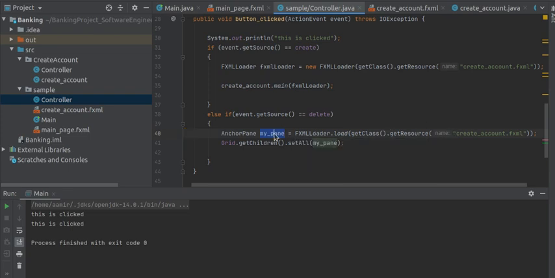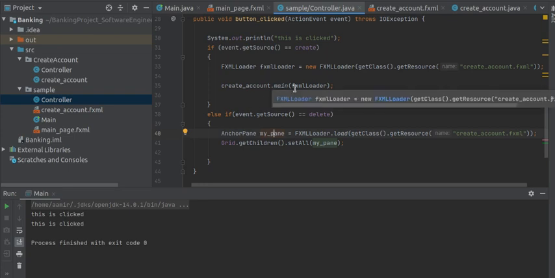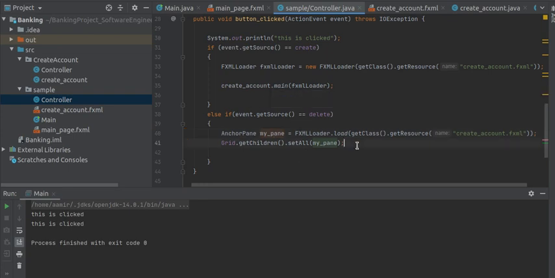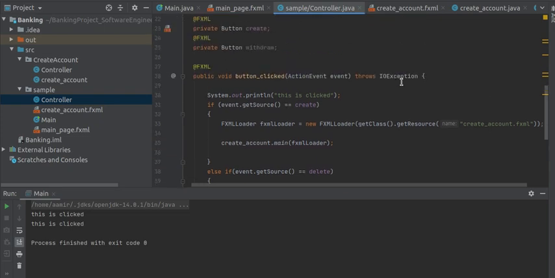The first fxml file had the parent of grid. So I just add the grid, get the parent of my first file, use setAll, and this new file is loaded into that. That's the simple step, and the exception is very important.